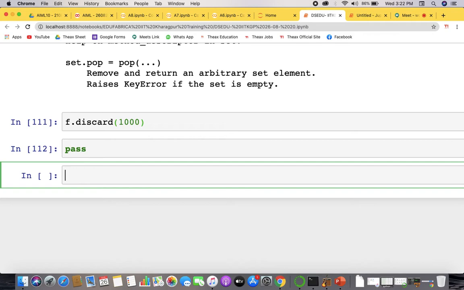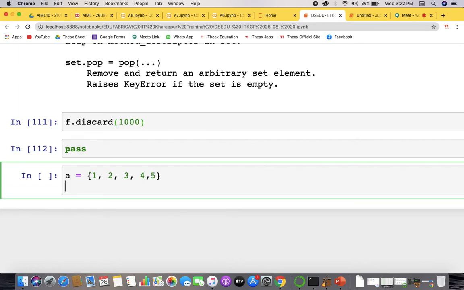Now, moving on, let's say this is my A. Let's do it a bit fast now. A is 1, 2, 3, 4, 5. And this is B: 3, 4, 5, 6, 7.